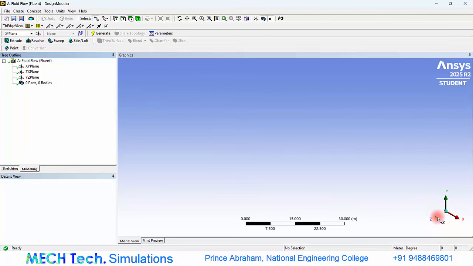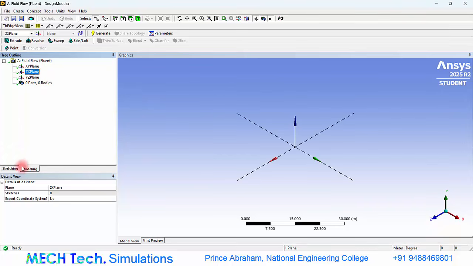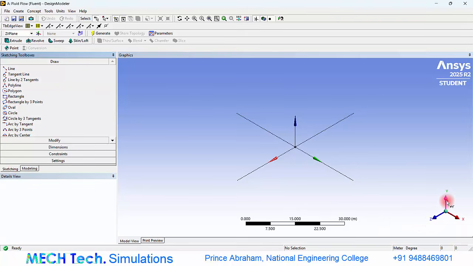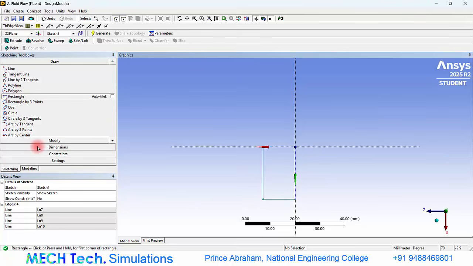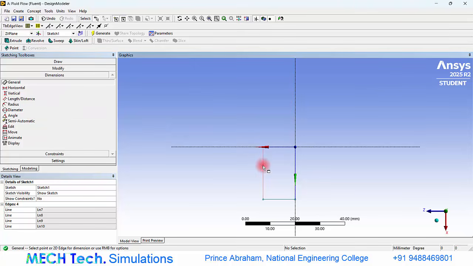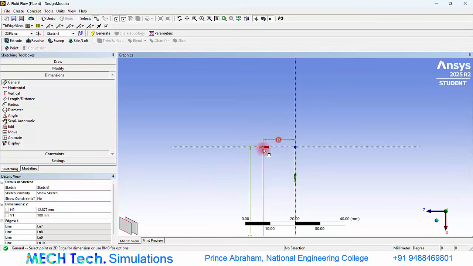Now I am choosing the base plane, that is this ZX plane, and click sketching, and I am creating a rectangle. Let us change the unit to millimeters. Now we can scroll down or up to change the size of that. Go to dimensions. In general dimensions, give this as 100 millimeters and this width as 30 millimeters,